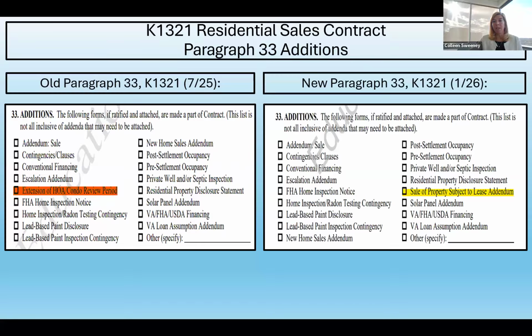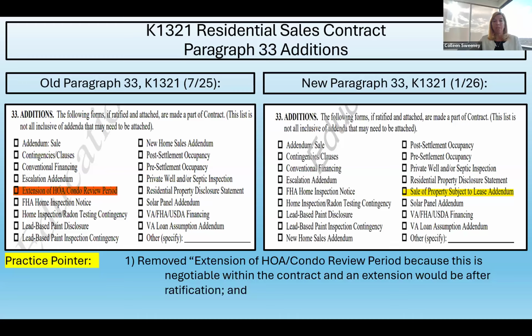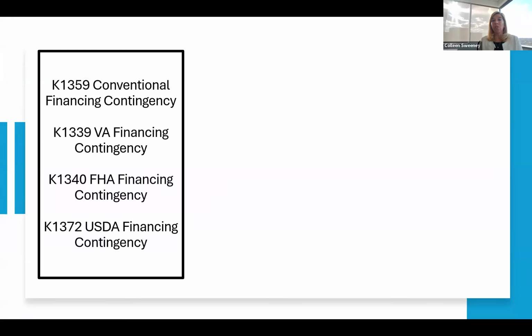And what is highlighted in yellow is the sale of property subject to lease addendum. So if you're using that, you would want to include it by checking that box in that paragraph. The reason for this is we removed the extension of the HOA condo review period because this is negotiable within the contract and an extension would be after ratification. So it didn't make sense for it to be in there. And we added the sale of property subject to lease addendum. Stay tuned, that's going to be a new one, which I'm going to walk you through. All right, so that's the good news. Those are the changes as it relates to